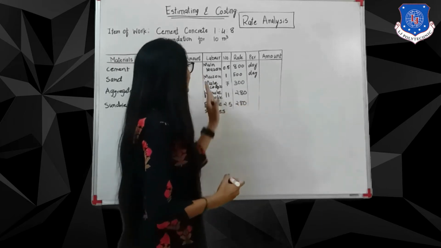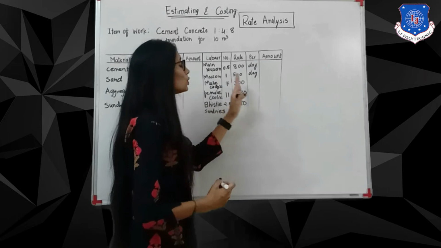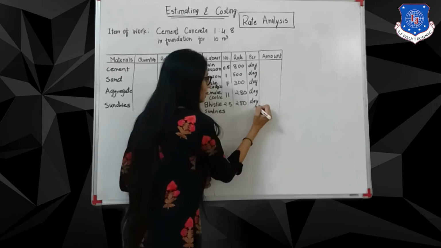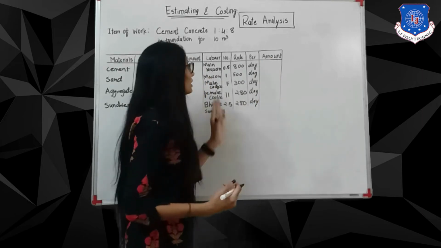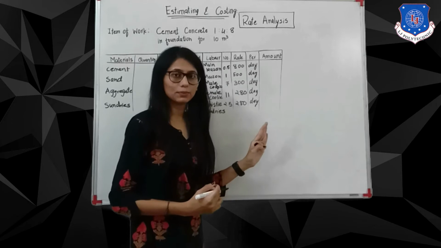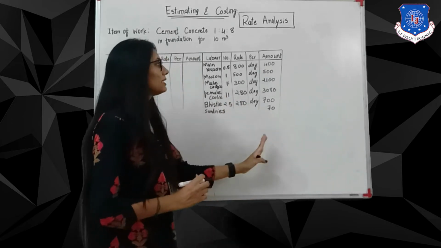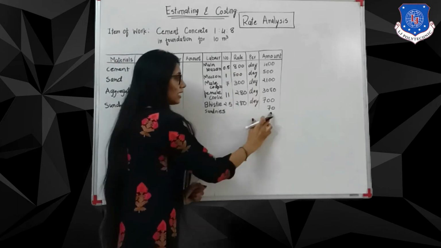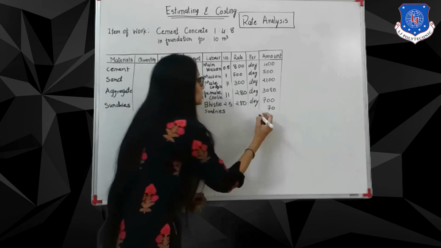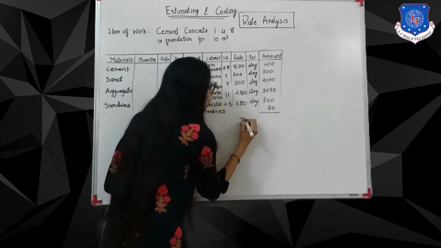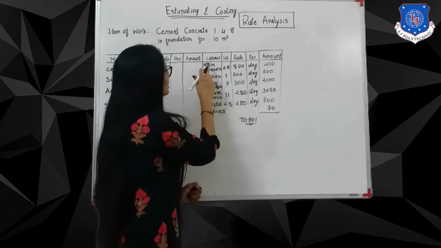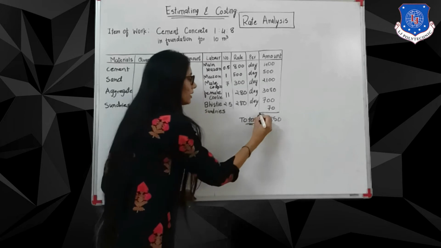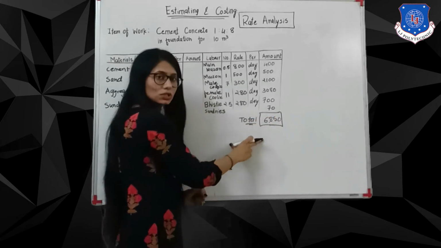Now we are going to calculate this number of labors at their basic rates. They are charging this price per day. So I am adding this in the section. Now I am going to calculate the final amount of each and every labor. As you can see on the board, I have already mentioned the final amount with the help of market rates. Now I am adding the sundries, which is 70 rupees. So we have the final calculation. The total cost of only labor is 6850 rupees. So right now one calculation is done.